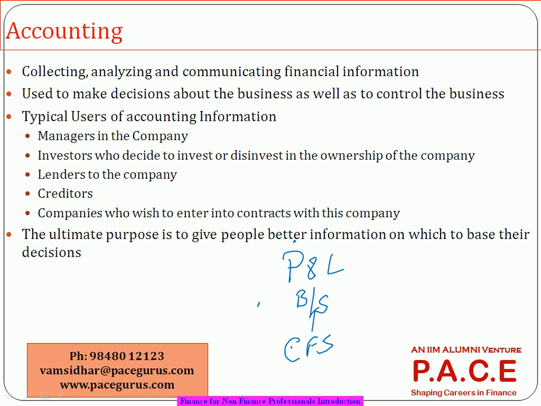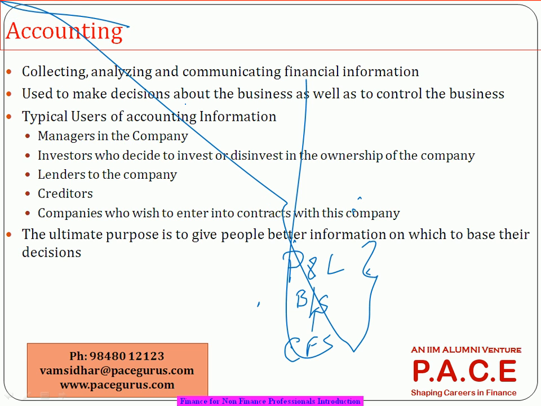Now, these are called the final financial statements. So the day-to-day operations which are tracked are finally pumped into these three statements, right? And different people use these statements. So if you are able to understand and analyze these three statements, there is a lot more you can interpret about any company. Probably even if you want to take your investment decisions, right?